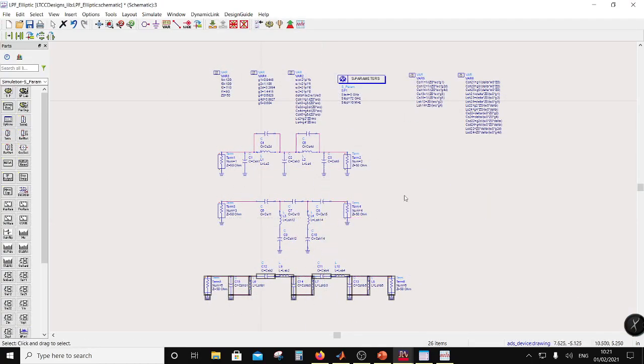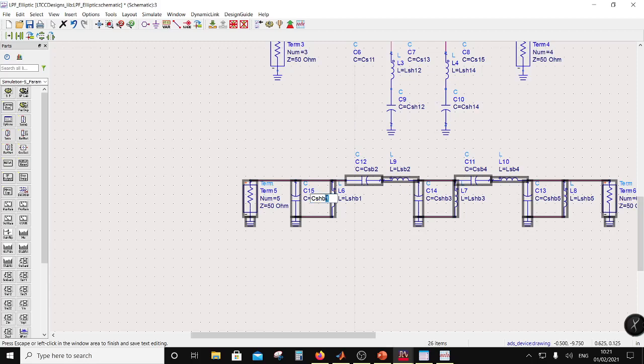Okay, so just follow the convention. CSH21, CSH23, and CSH25. Correct. And then you will have LSH21,